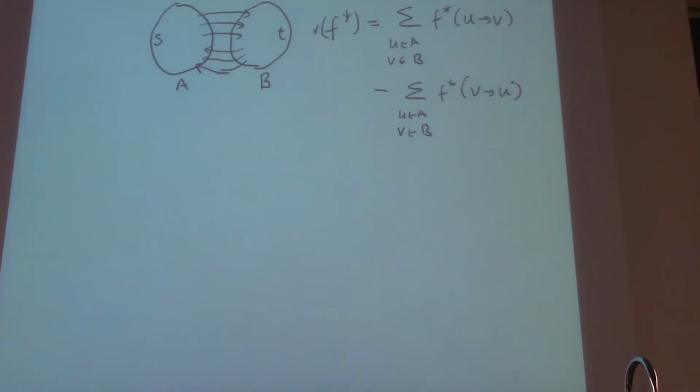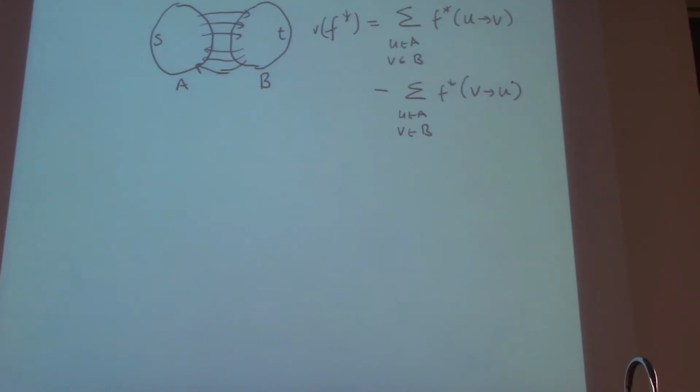Because of conservation of flow, this is in fact a flow going out of S, it's a flow going into T. Because once you push into T, there's nowhere else for it to go. It has to go in. And again, you can prove this fact. I'm saying this just casually, but you can actually prove that this in fact equals the flow coming out of S by the conservation laws.